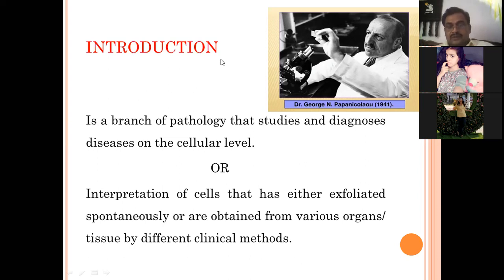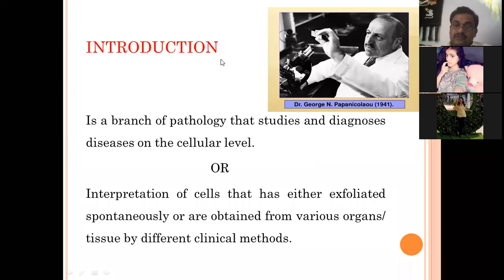What I mean to say is, if I collect a urine sample and centrifuge it to get a concentrated cell volume, and I am doing cytopathology on those cells, how can I say where the disease is in the whole urinary tract? It may be from the kidney, that is the nephrons. It may be from the ureter. It may be from the bladder. So how can you say where these cells have come from? Therefore, it is essential that you know the normal cytological features of the different cells of the urinary tract.